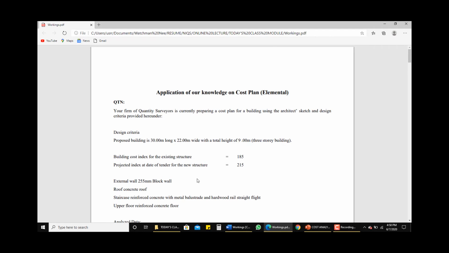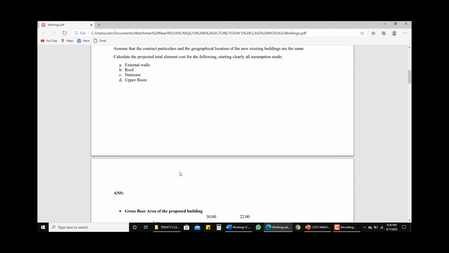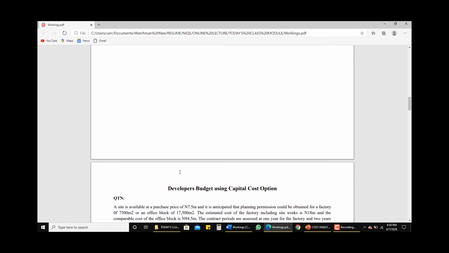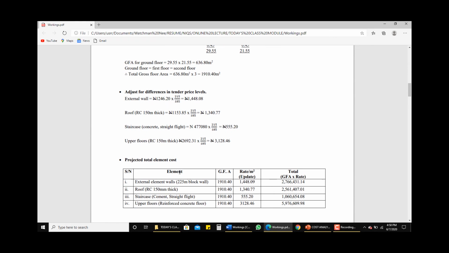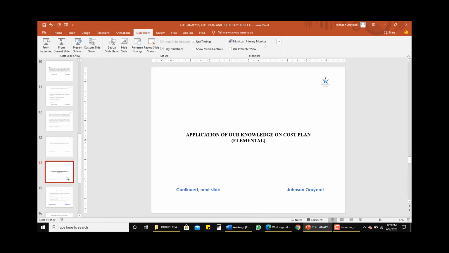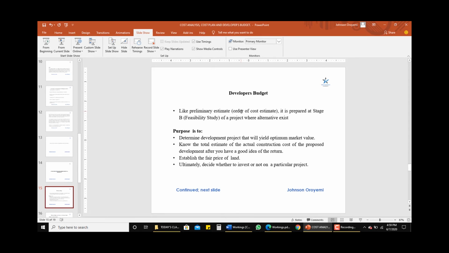So I believe with this you should be able to prepare a cost plan for a construction project. So that's that on the application of our knowledge on cost plan, and as far as what we've learned today on cost analysis. So let's go back to our presentation, and the next thing here is that we want to